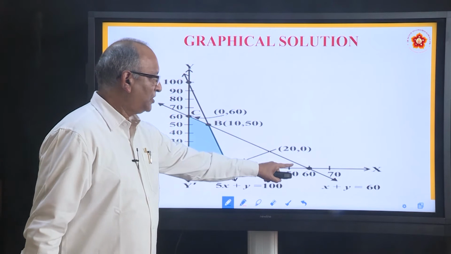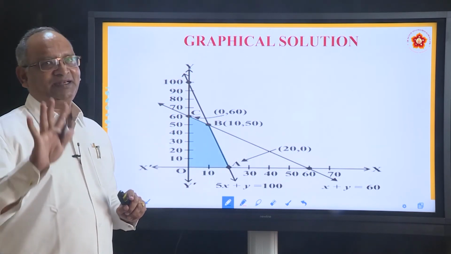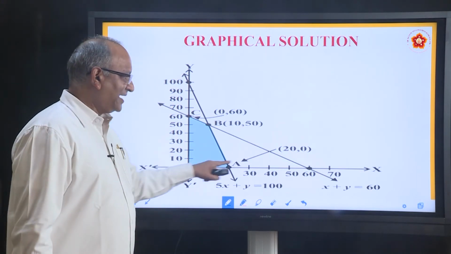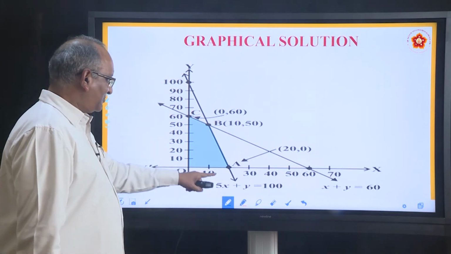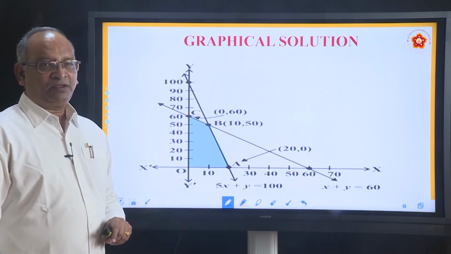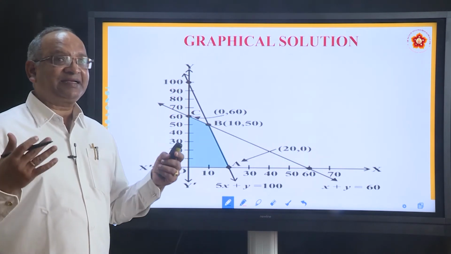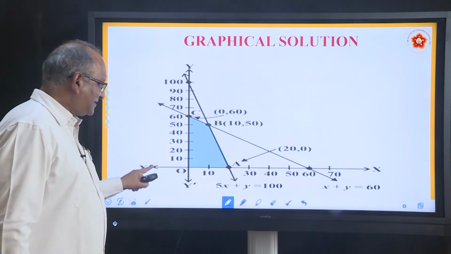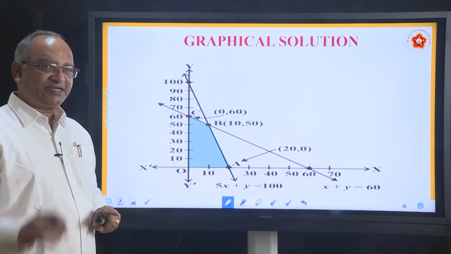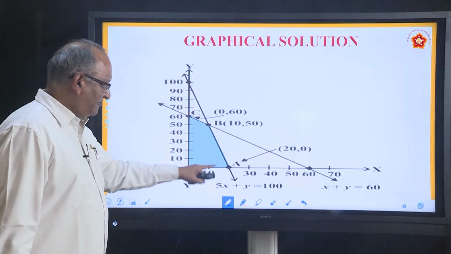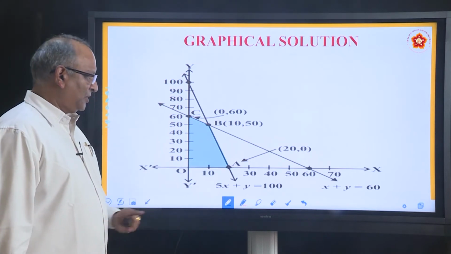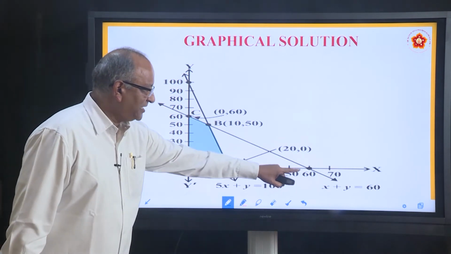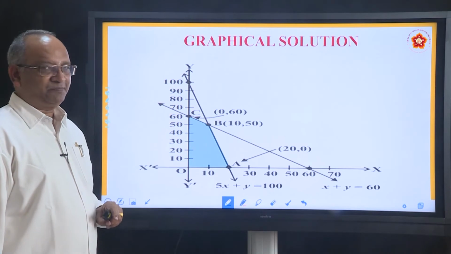Similarly, the last one. So in this particular manner, we have 4 lines. One is the y axis, another is the x axis, this is the third line, and this is the fourth line. Now see where they are intersecting each other. For example, the y axis and x axis are meeting each other at the origin. So that is one point. This line 5x plus y meets the x axis at A. So this is another point. The equation x plus y meets the y axis at C. That is the third point.